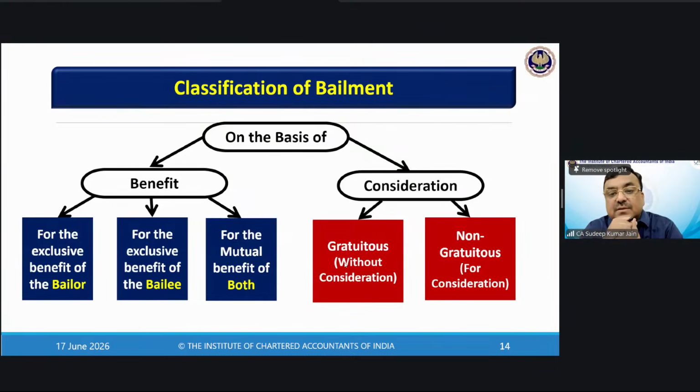Non-gratuitous, for consideration. चेंज ऑफ पोजीशन बताया बेटे मैंने आपको, किताब दी अक्षय। चेंज ऑफ पोजीशन मतलब आपने पोजीशन चेंज कर दिया, ओनरशिप चेंज नहीं की। आपने मुझसे किताब मांगी पढ़ने के लिए, मैंने आपको किताब दे दी, तो बुक चली गई ना यूज करने के लिए आपके पास, पर ओनरशिप तो मेरे पास ही रहेगी। दैट इज चेंज ऑफ पोजीशन.